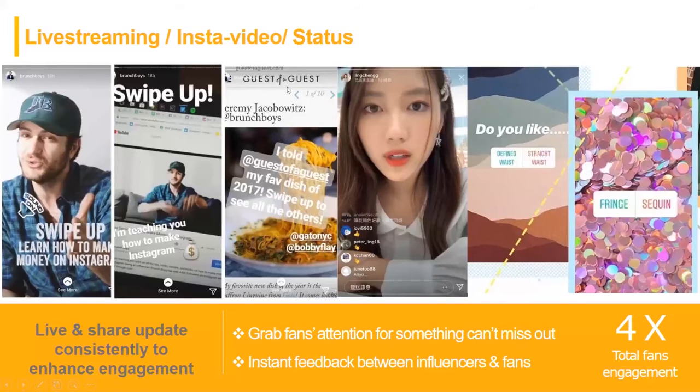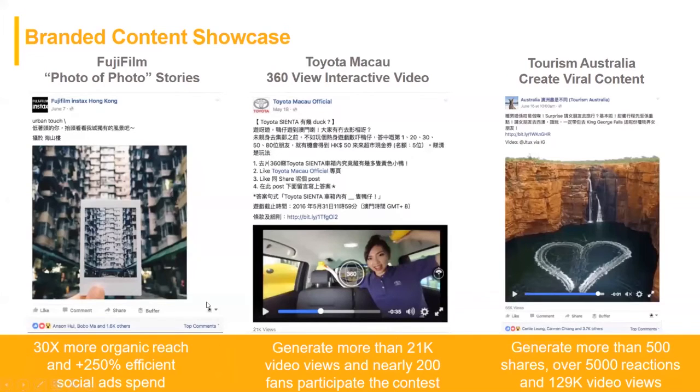And the next one is sharing their photo, which generated more than 21,000 video views and yearly 200 fans participating in the content, like the Toyota Macau 316 views interaction videos.